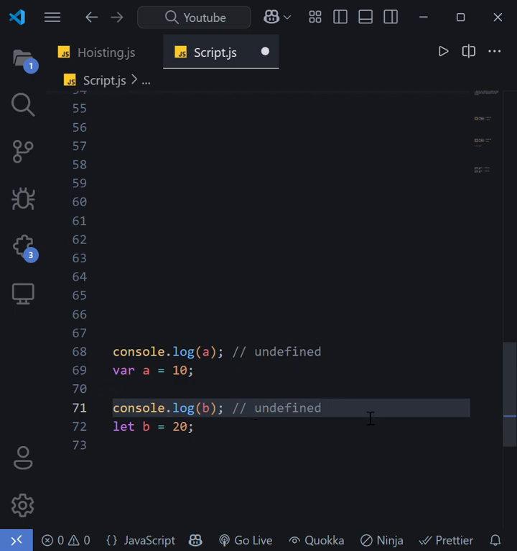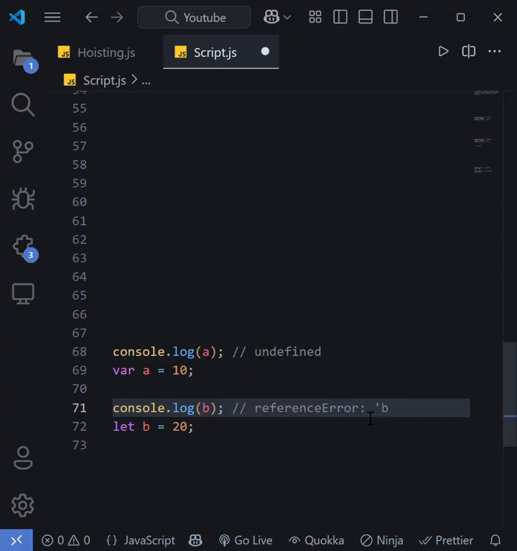No. JavaScript will not allow you to access a variable declared with let or const before its declaration. It will give you a reference error: